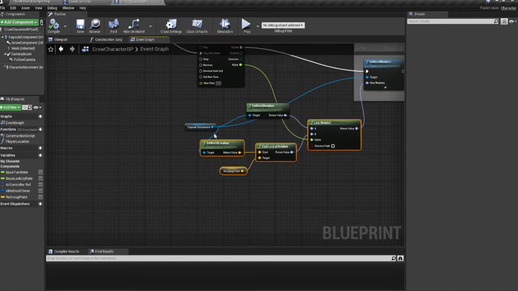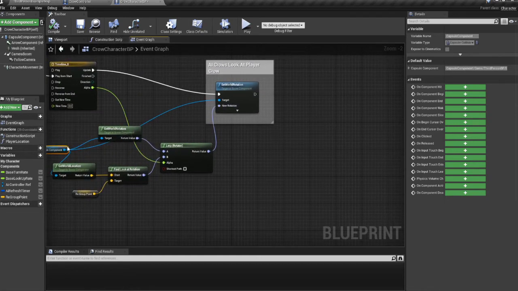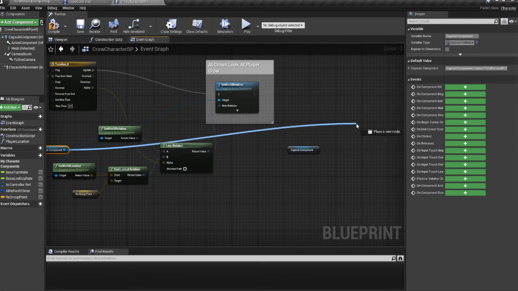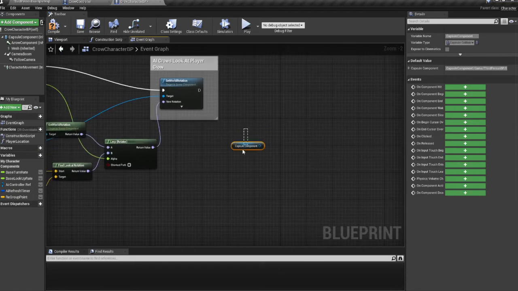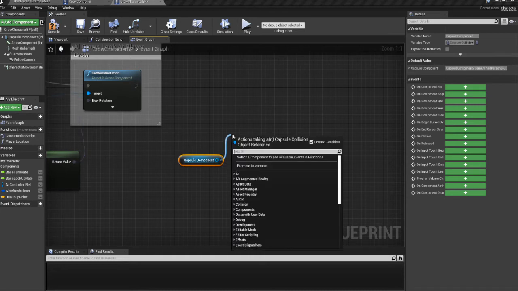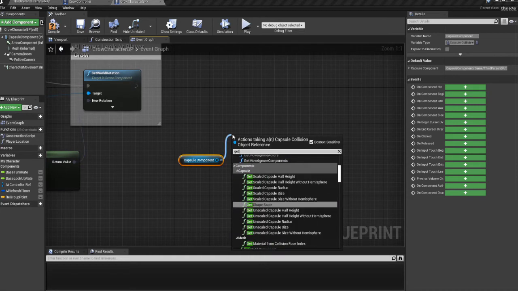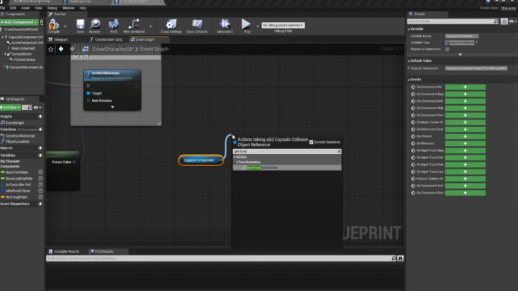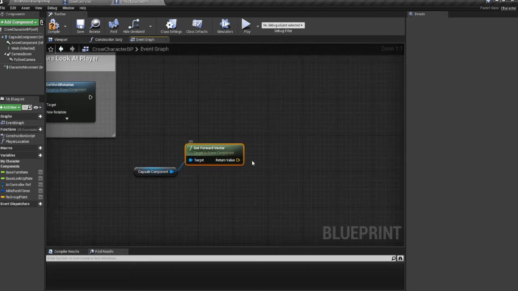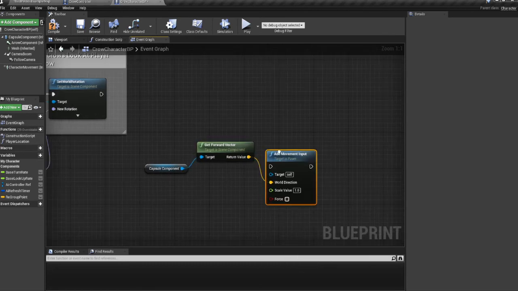So again, I'm a lazy person, so I don't want to make those kind of long lines. If you want to, you can do it, but I'm going to duplicate the capsule. So we're going to do a get forward vector and add movement input